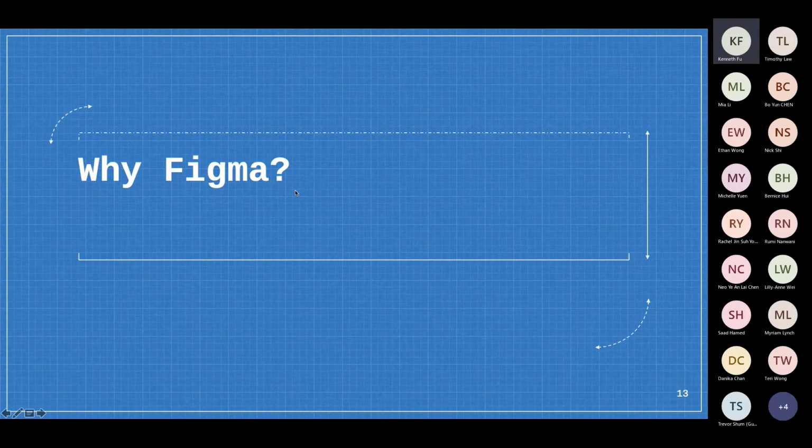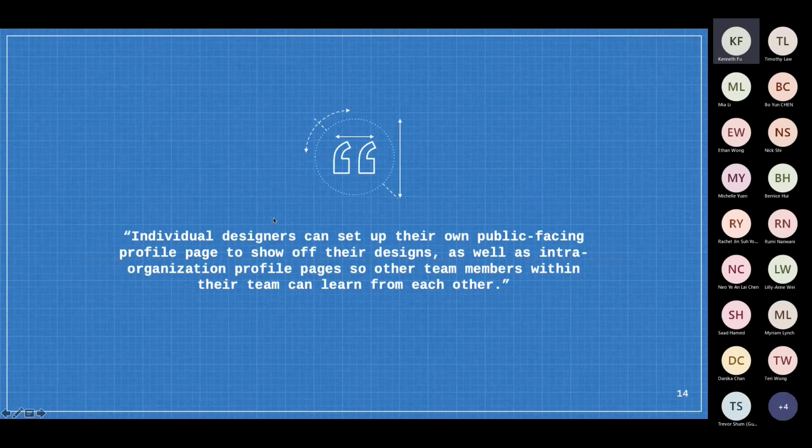Okay, so why Figma? What makes it so much better? As quoted from a lot of the users, individual designers can set up their own public-facing profile page to show off their designs, as well as intra-organization profile pages, so other team members within their team can learn from each other. So this really encapsulates what makes Figma so much better than other ones. If we go to the next slide,